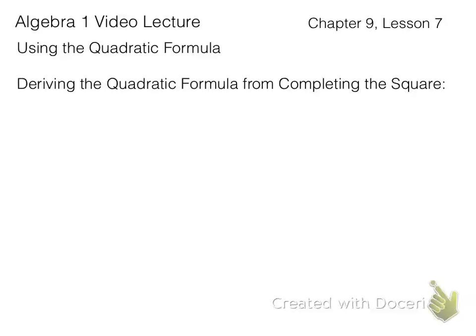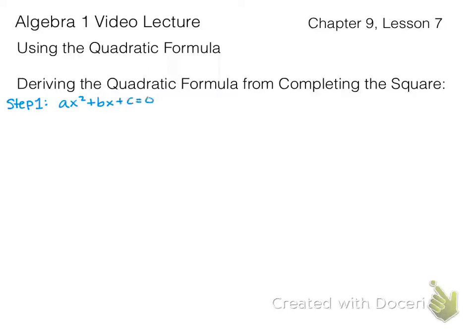All right? Now the thing is that the quadratic formula is derived from completing the square, which is why I really wanted you to do the last lesson. Technically, you don't need to ever complete the square because we have the quadratic formula, but we need completing the square to actually get to the quadratic formula. So I'm going to go ahead and derive it real quickly. And deriving means to get from one place to another by changing it and getting something that looks different but means the same thing. All right, so we're going to start off with a quadratic equation,